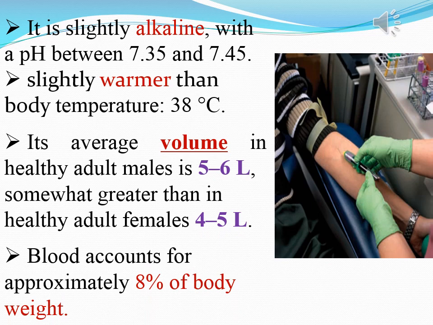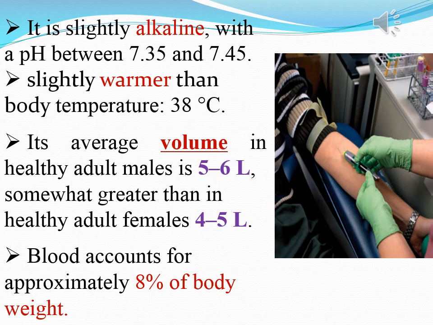Also, the blood is slightly alkaline with a pH between 7.35 and 7.45, slightly warmer than the body temperature, about 38 centigrade. Its average volume in healthy adult males, and this is important, is about 5 to 6 liters, while somewhat less in healthy adult females,